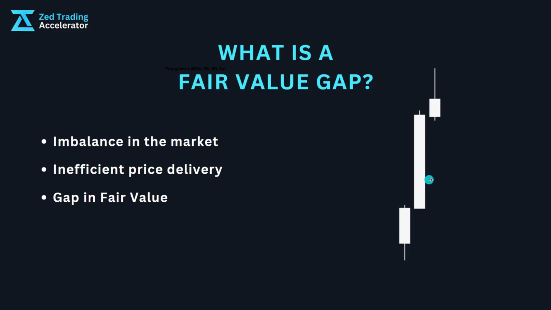Alright, so as we can see, this is a fair value gap. A fair value gap is formed by a three-candle formation. The first candle, second candle, and the third candle. If we are bullish, the high of the first candle will form the low of the fair value gap. Mark this out: the high of the first candle and the low of the third candle. The second candle mostly forms the gap. The second candle is mostly the expansion and will form the gap.